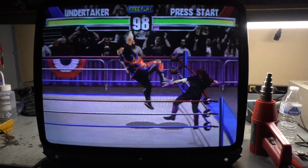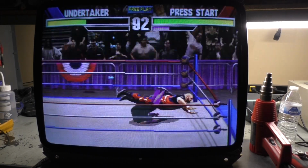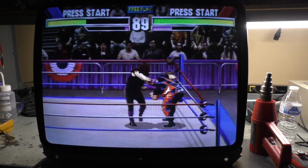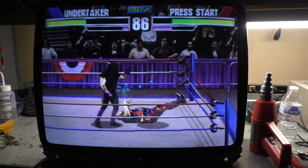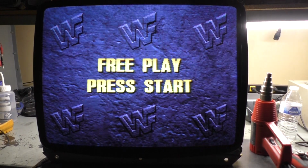So, yeah, here we are. Sorry about all of the amateur stuff with the mix-up on the wires and grabbing a chassis that didn't work off the bat, having to fix it on the fly here, but we accomplished it, got everything adjusted, looks great,